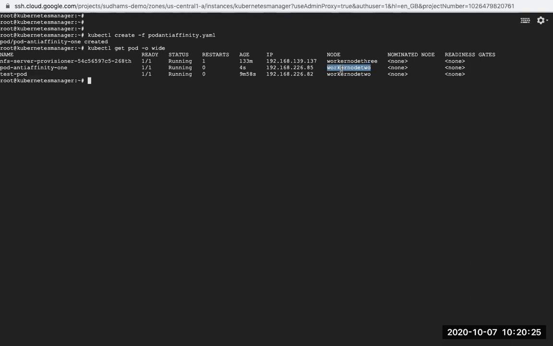If you want a least priority, something like a soft limit in anti-affinity, you can go for this. Let us see the hard limit and see what will happen if the label is not there. So I will remove the pod. If I remove the pod, there will not be any pod having the label app nginx. And let's see what will happen if I give a required option in the scheduling part.